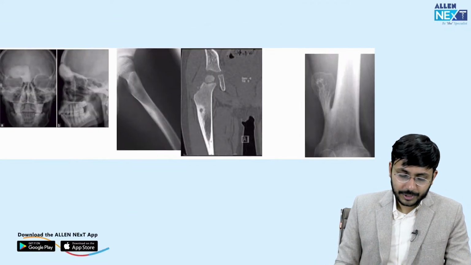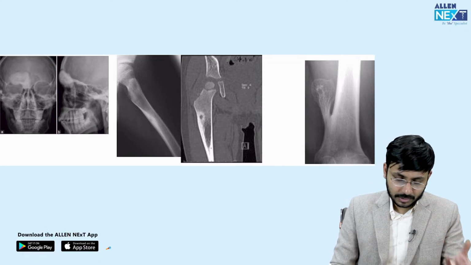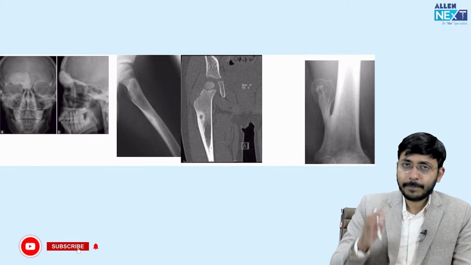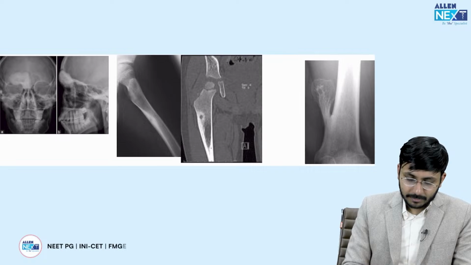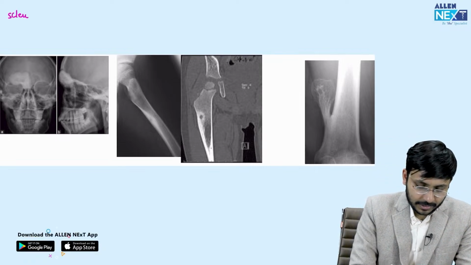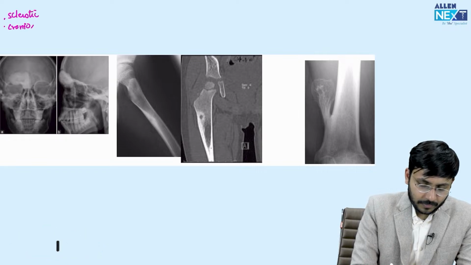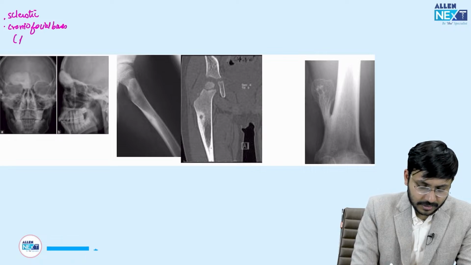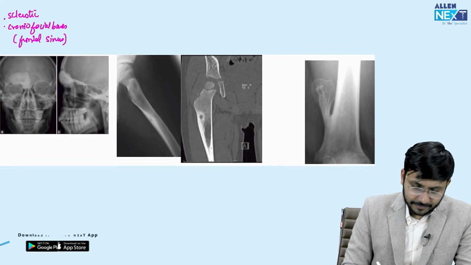Now some other bone tumors. If it is a sclerotic, or white appearing, bone tumor, typically involving the craniofacial skeleton, and in the craniofacial skeleton the most common location is the frontal sinus. So I'm talking about a sclerotic bone tumor, mainly in the craniofacial bones, with the frontal sinus being the most common. Then we are talking about